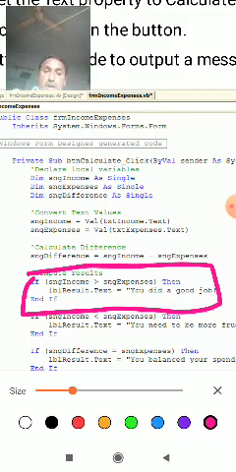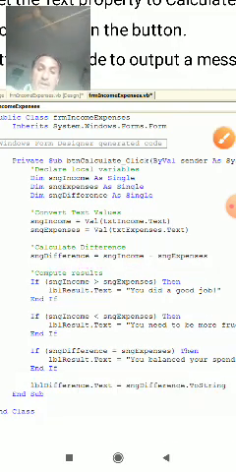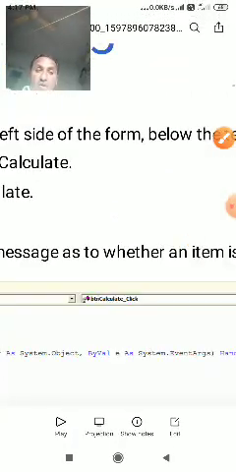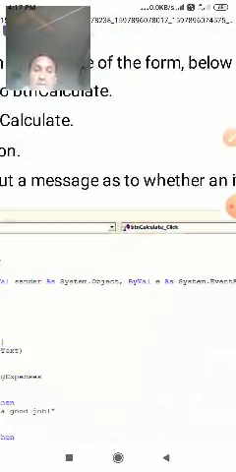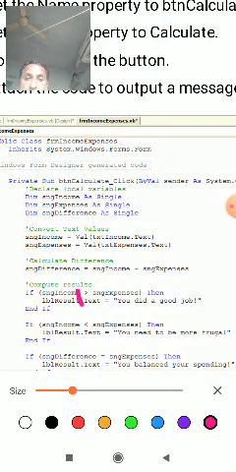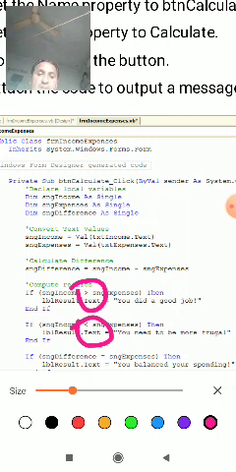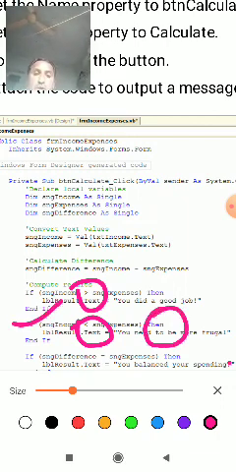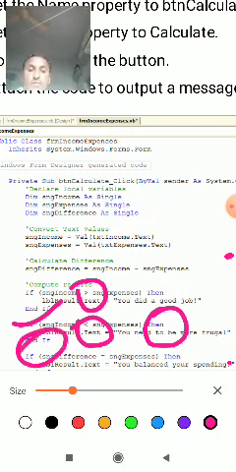If and if. Next we have to write the less than statement, and the next statement is greater than, and the next one less than. This is the if statement opening, and then for multiple values write label result dot text equals "need to be", and end of this if.